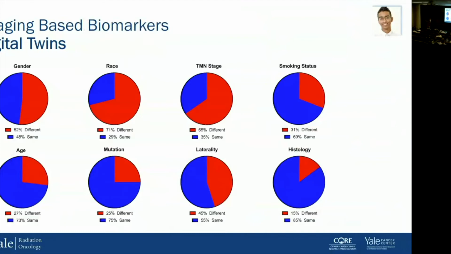So I wish I could show you guys the photos of the people, just to show you how different some of these digital twins look compared to their, I guess, siblings. But it's pretty stark, and I think it helps us understand that potentially there's something else underlying that.